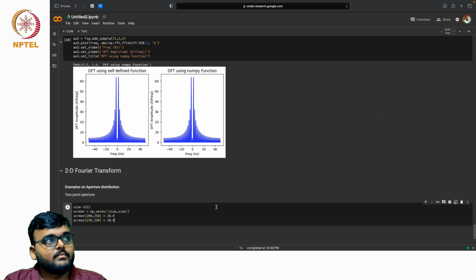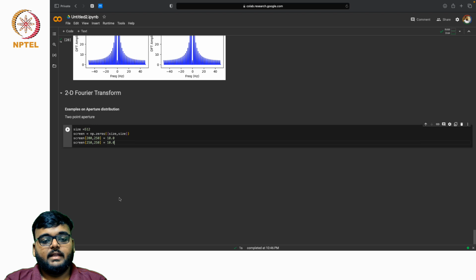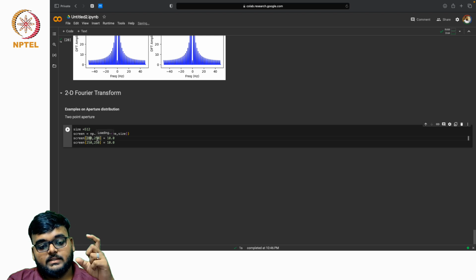We have a grid, means an area of 512 meter by 512 meter, where we will put a screen, or you can say an antenna or whatever sensor, at say 200, 250, means near the center of the